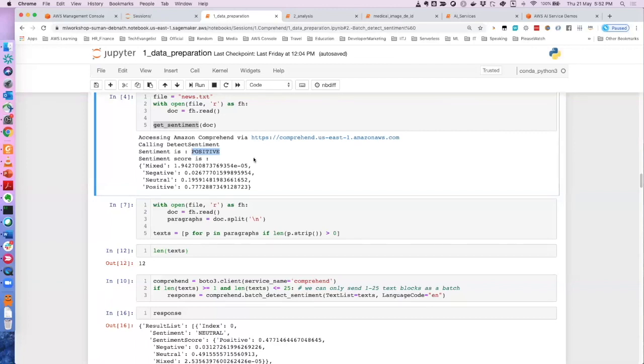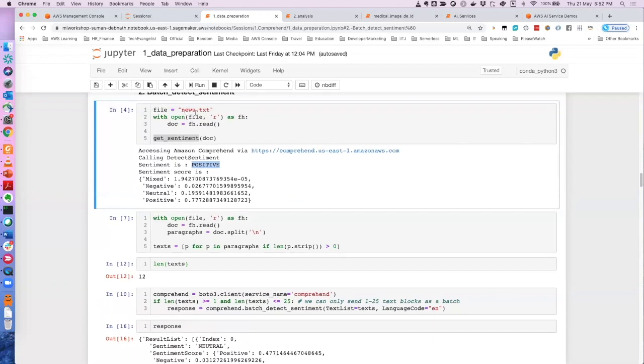It might so happen that in this news text there are 10 lines, each line contains a different news, and maybe out of 10, 9 are positive and one is negative. But since I'm sending the whole text, the majority is positive, so Comprehend will detect that as a positive sentiment. But that is not always what you want.